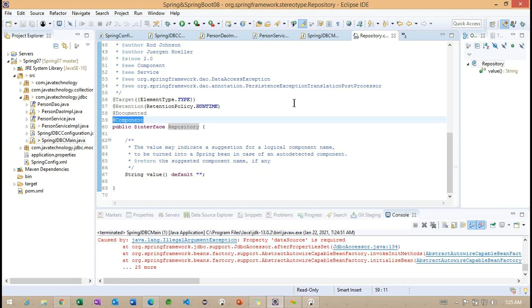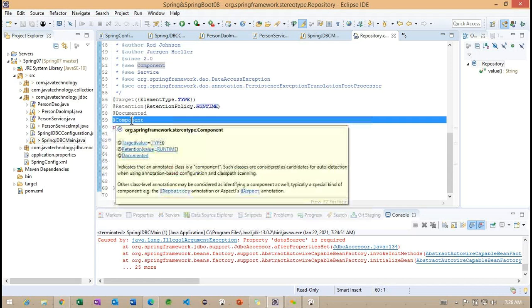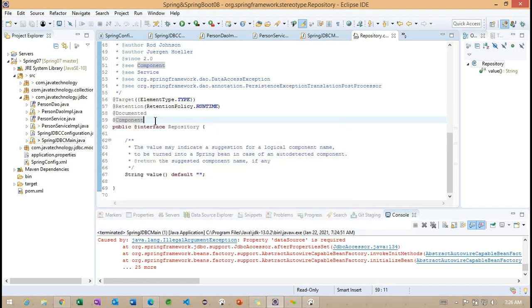So component will not work whenever we work on repositories like database classes. So we have to put the repository annotation on top of the class. If you want, you can try it. What kind of exception do you get? Let me know and we'll try to fix it. But I'm not sure, because when I was developing an application using Spring Boot, I used component but did not get the proper output from the database.